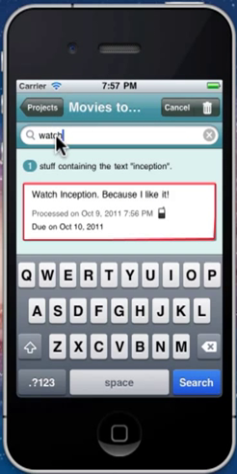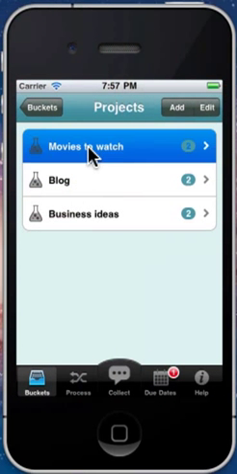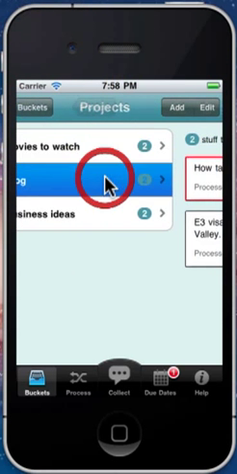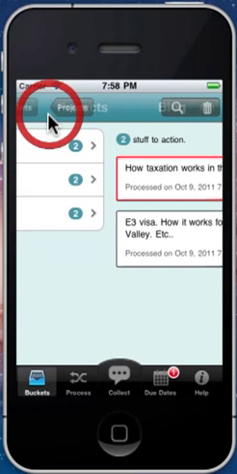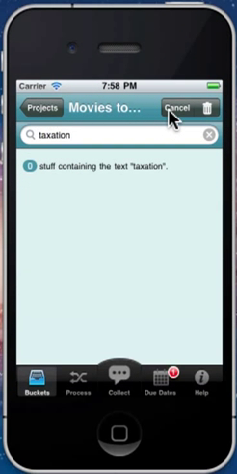Let's grab a common keyword, taxation. Let's see if taxation shows. Nothing, and that's because I am in the movies to watch bucket, so taxation doesn't show up.